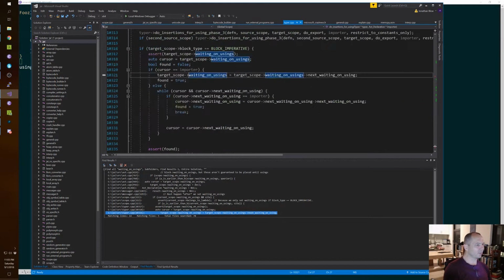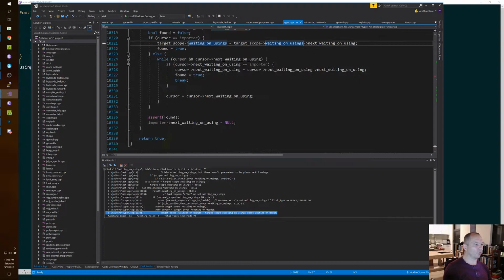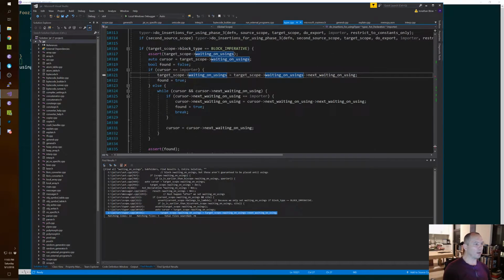Wait, what? That seems too late to set it. Oh no, we're taking the using out. We're taking the using out of the linked list. We could factor that into a routine, but it's still longer than 10 lines. 1, 2, 3, 4, 5, 6, 7, 8, 9, 10, 11, 12, 13, 14. Oh my God, it's 17 lines. We can't do that.